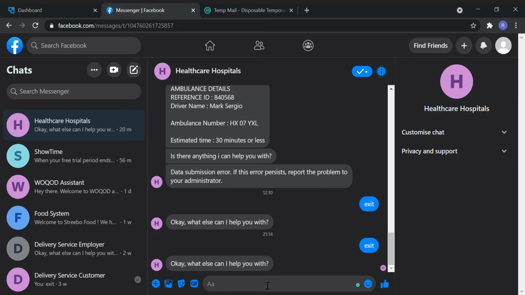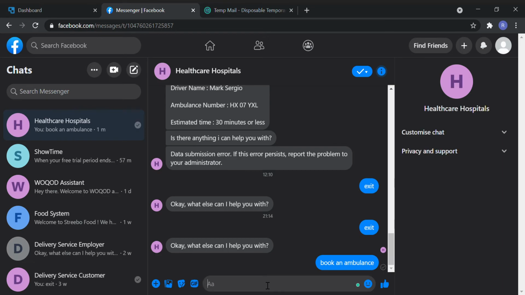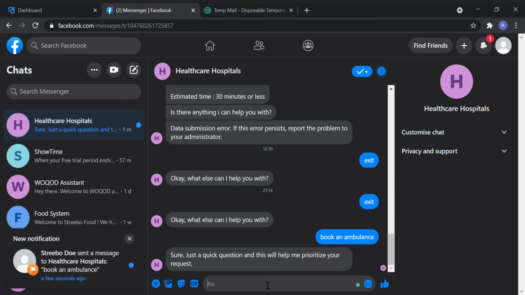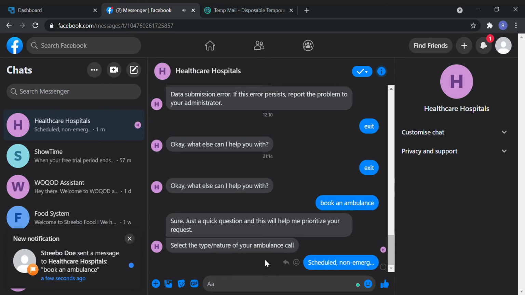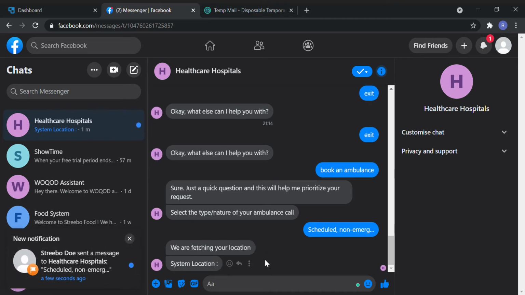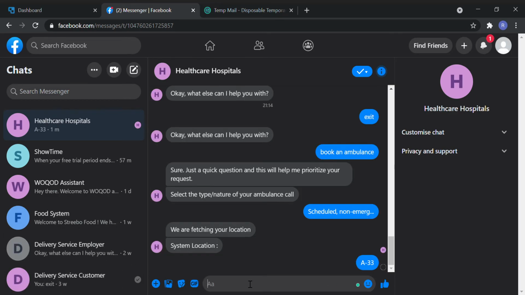So I will quickly book an ambulance directly in this Facebook Messenger. Now I will schedule an ambulance, not as an emergency. System location A33.